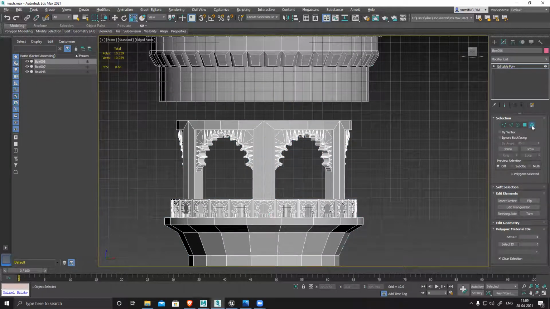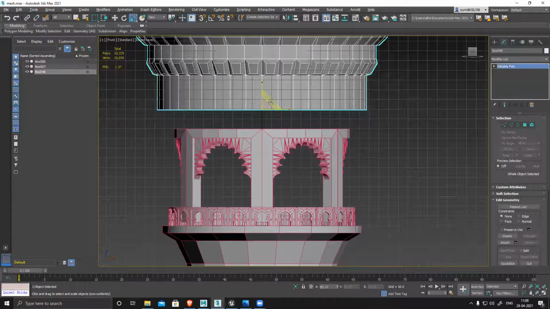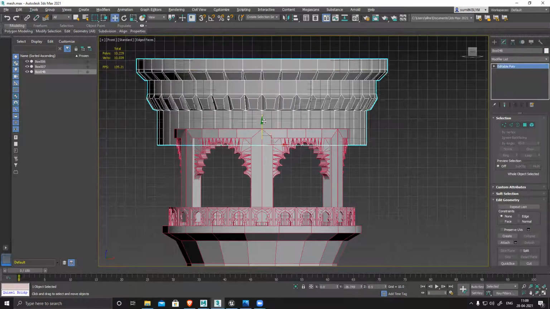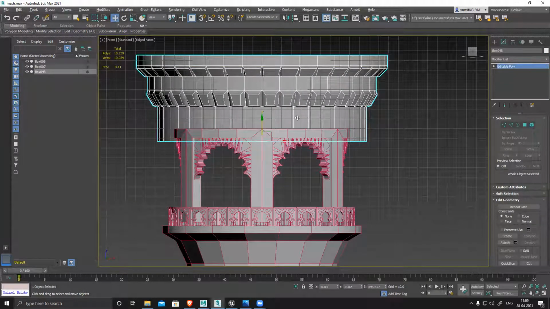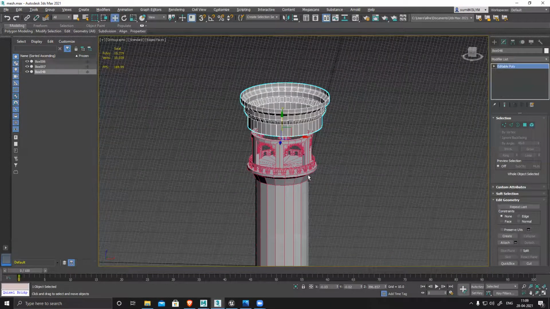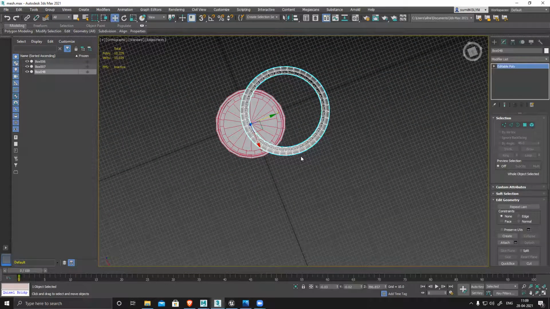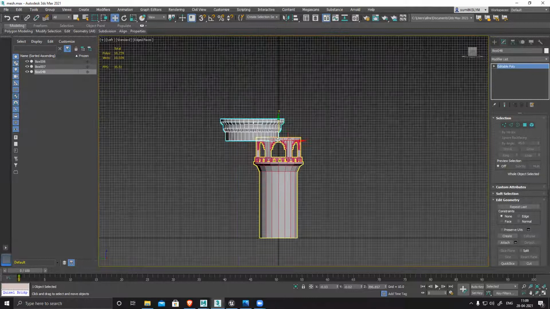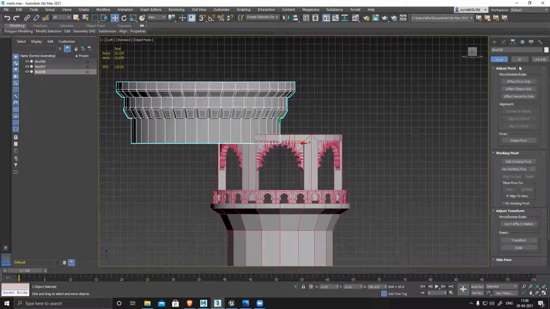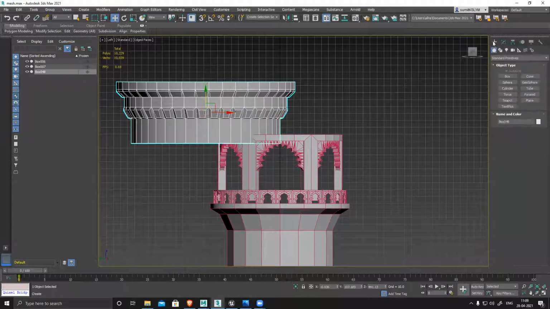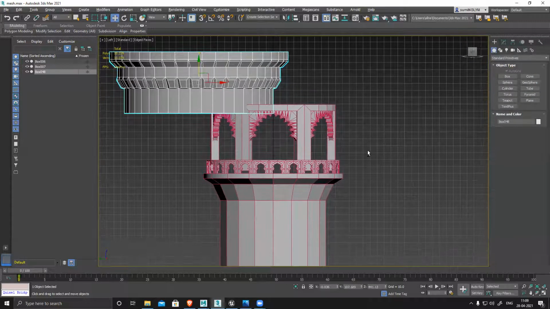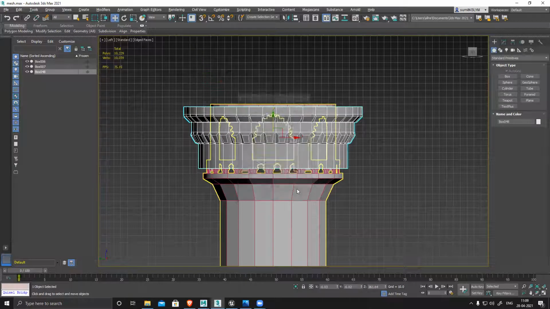This is not required, unnecessary. Okay, position wise, only sides one, center based on the pivot point. Center pivot, Alt A with this. Okay, done.